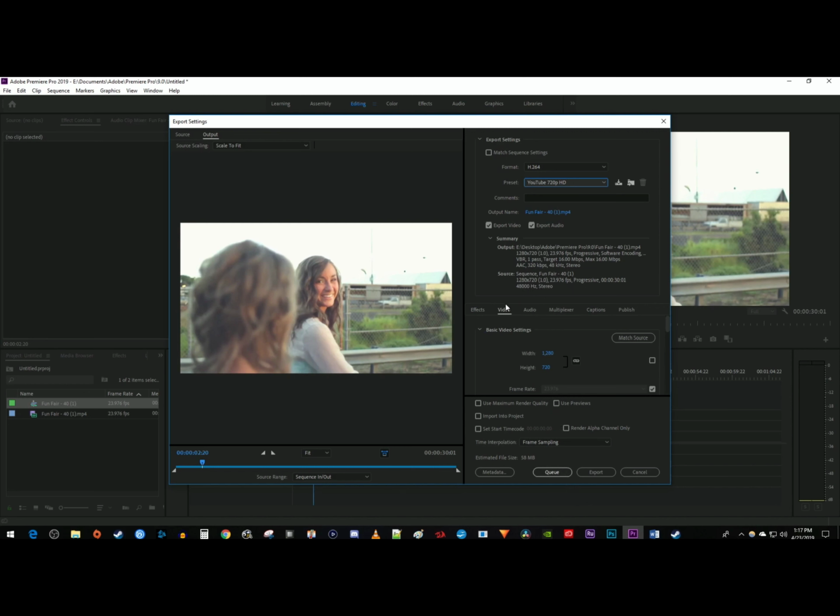Under the Video tab, leave the width, height, frame rate, field order, aspect, and TV standard alone. But make sure you check the Render at Maximum Depth setting. The encoding settings are also fine the way they are, just make sure the profile is set to high and